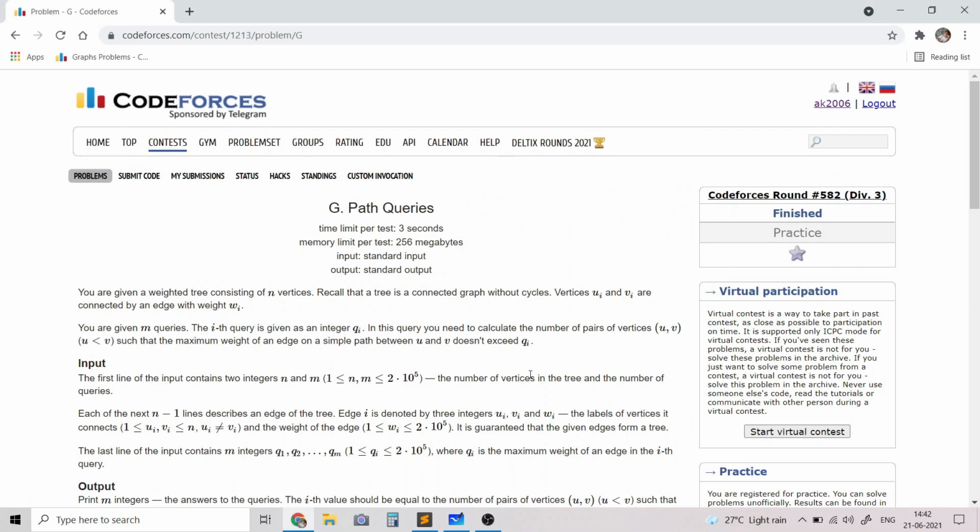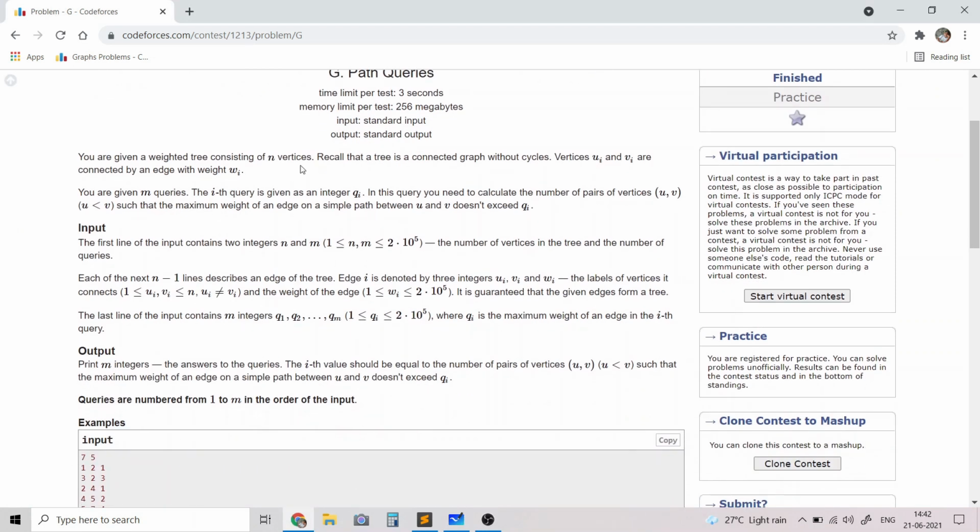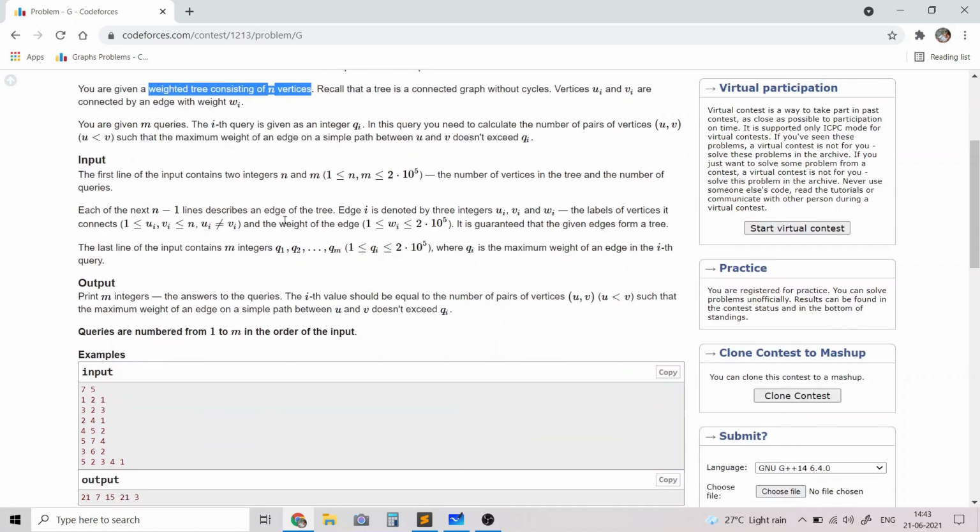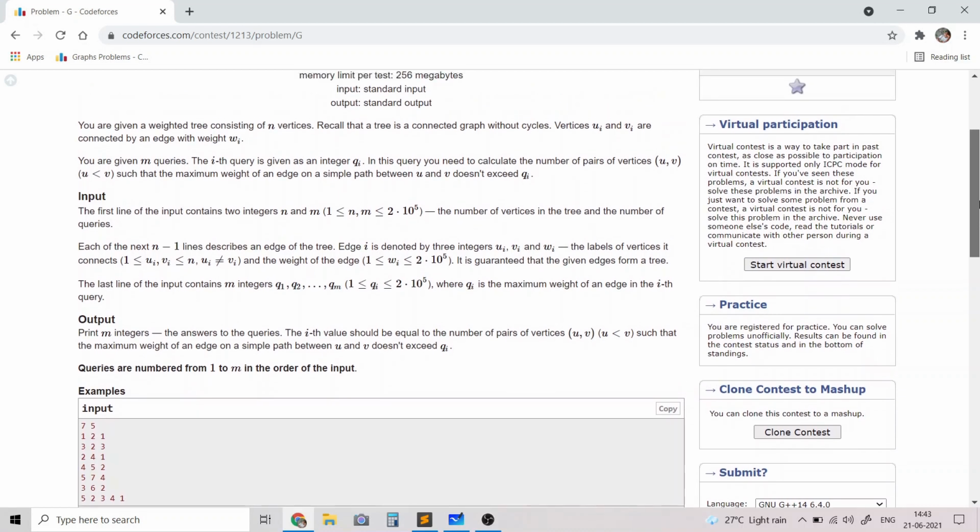We are basically given a tree which is weighted and has n nodes, and we are given the edges of the tree, which are n minus 1 edges. And we are given m queries q1 through qm, where qi denotes a weight of an edge. What you need to do for each query is find the number of pairs of vertices u comma v such that the maximum weight of an edge on a simple path between u and v doesn't